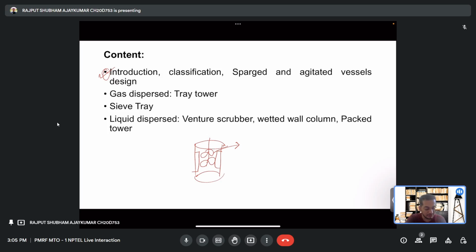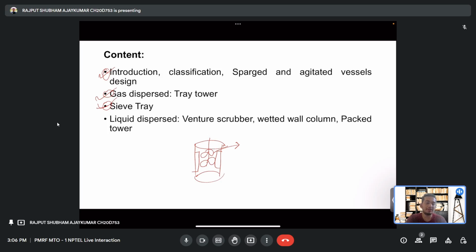Another thing which we have been discussing during this week is the gas dispersal, the tray tower. This is one of the most favorite topics in mass transfer, related to the tray tower and the design of the tray tower, and the various different types of trays used in the tray tower. So one is a sieve tray, another is a valve tray, and the third one is a bubble cap tray. So these three are the most common types of trays that are used in the tray towers,